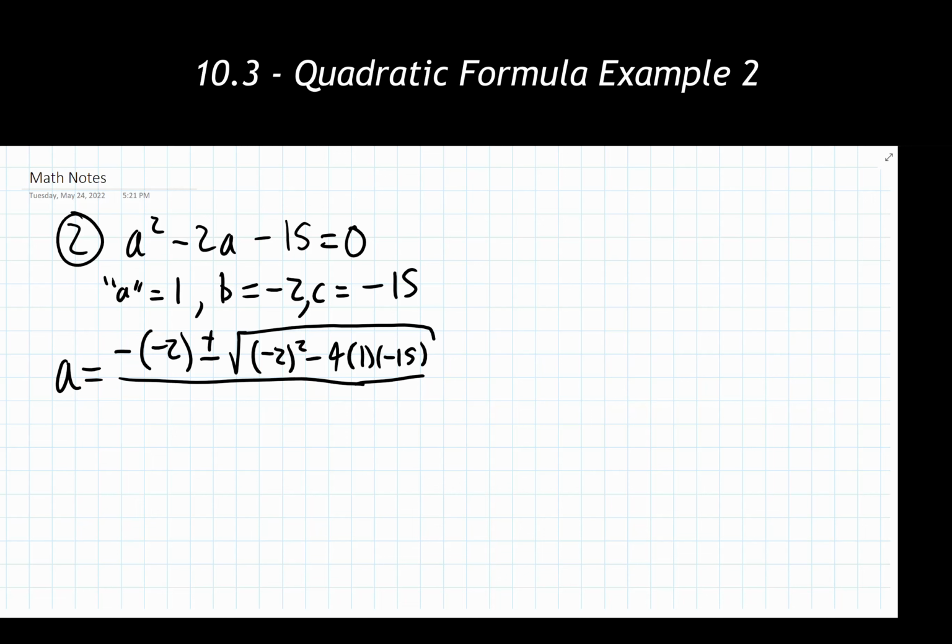Extend these out here. And then all of that divided by 2 times a. Now if you want to, you can go through and solve for this radicand all by hand like we did in our previous problem, or you can plug this into your calculator and let that do all of the work for you. The great part about that is if you plug that in, it's going to save you a bunch of time and effort and potential mess-ups on making errors along the way if you're plugging that in correctly.